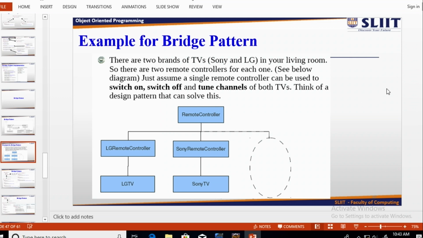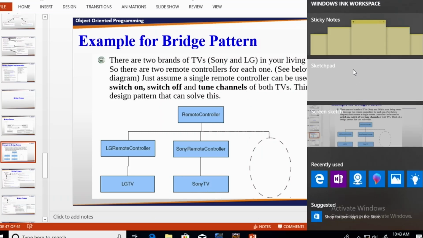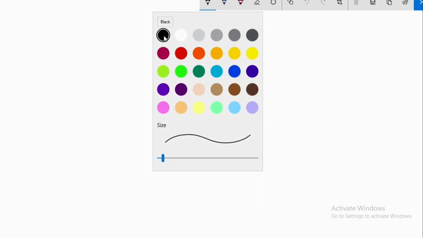So I will explain this, let's say, by first looking at this UML diagram. For this implementation, I have an interface.